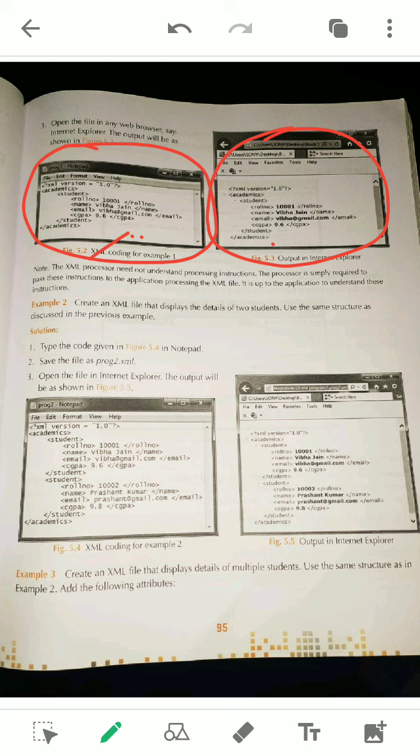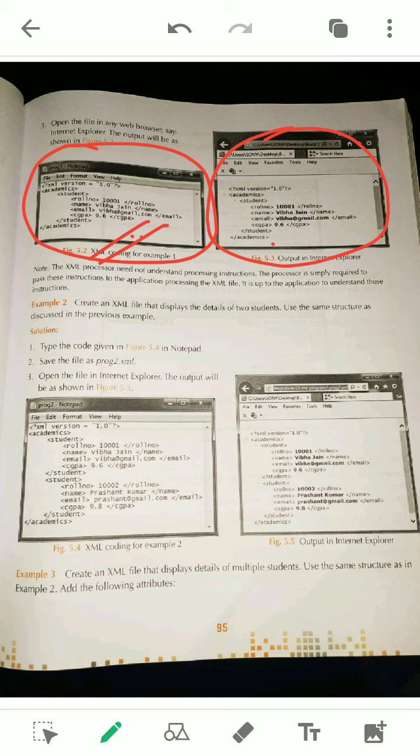So take an example. If we take this example to draw the tree, how do we draw it? First of all, to draw a tree, you have to identify which one is the root element. This is the most important part of drawing an XML tree. XML tree is very important. It comes in your exam. Such kind of code will be given, and this code may be from your book, or most times it is from your book.